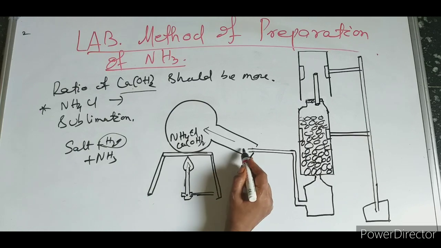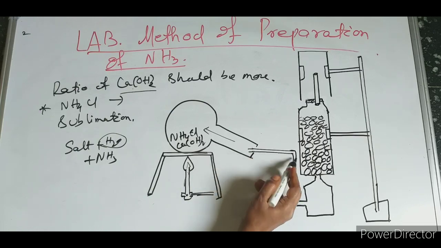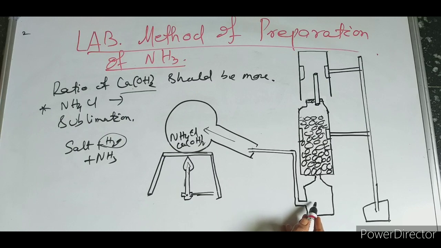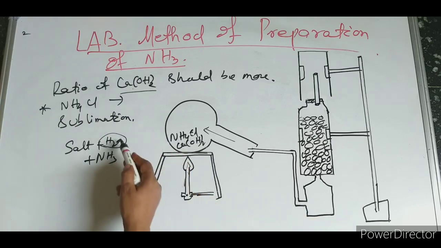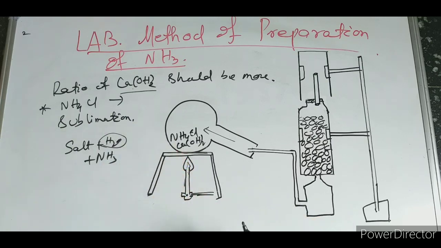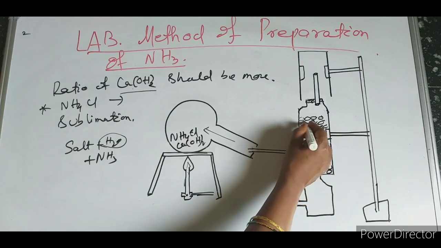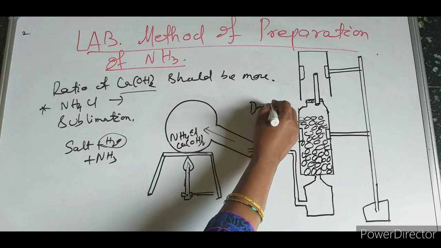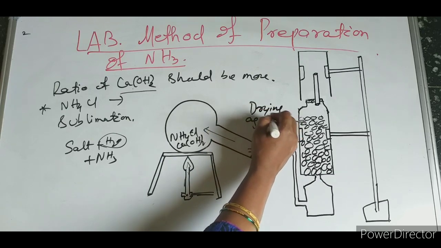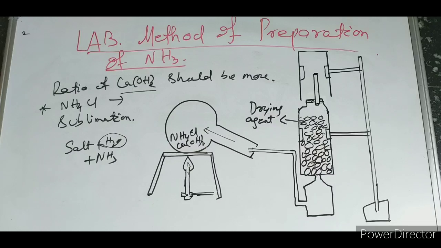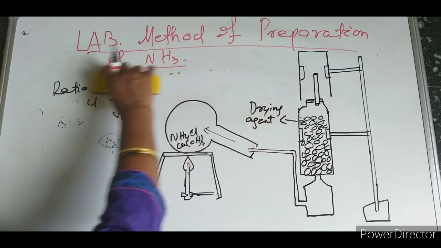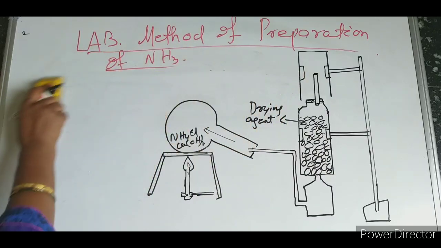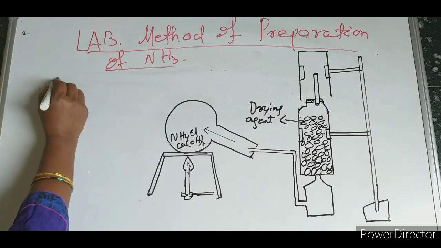So now ammonia is formed and is allowed to pass. When it is allowed to pass, obviously water is there, which means it is not dry ammonia. So we have to use a drying agent. What should the drying agent be here? In the last classes we have seen there are many drying agents. What is the purpose of keeping the drying agent? A drying agent absorbs moisture from the gas and makes it dry.